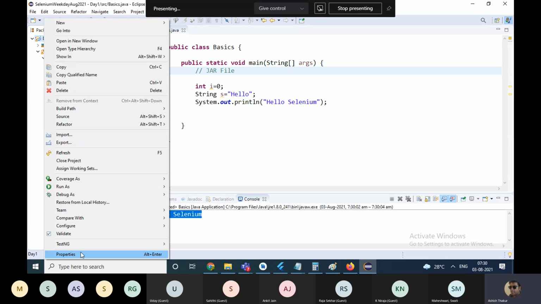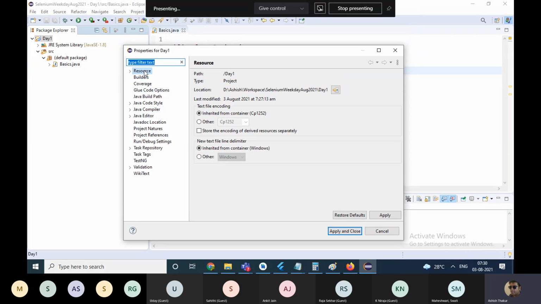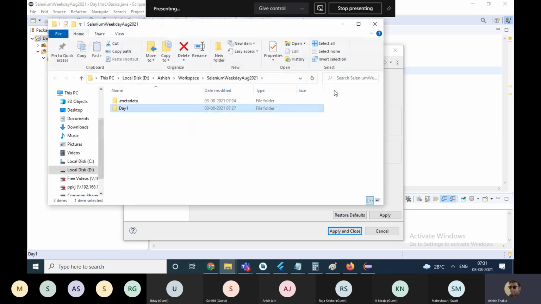We'll see these options one by one in the training. Okay, you go to the properties option, the last one. You will have lots of things over here. In the resource, you will see the location where the project is lying on the hard drive. You click on this icon and that location will open up.